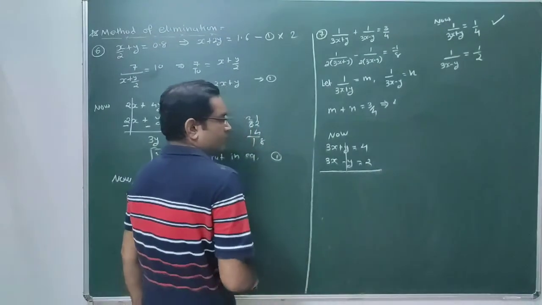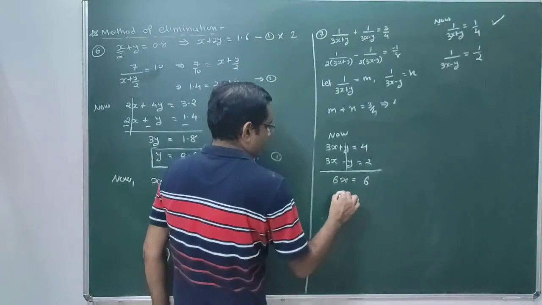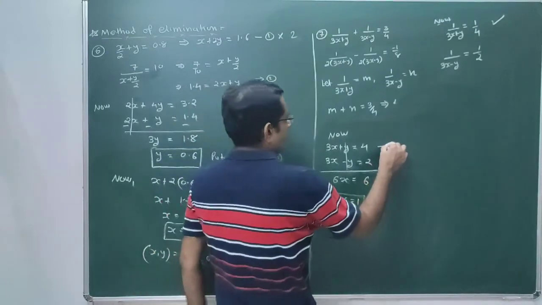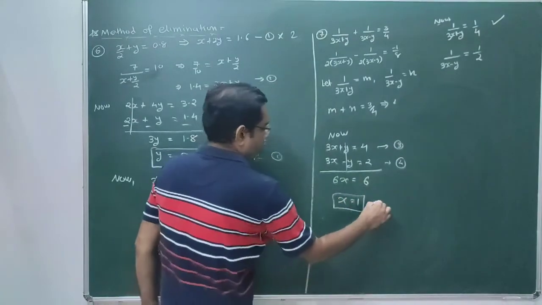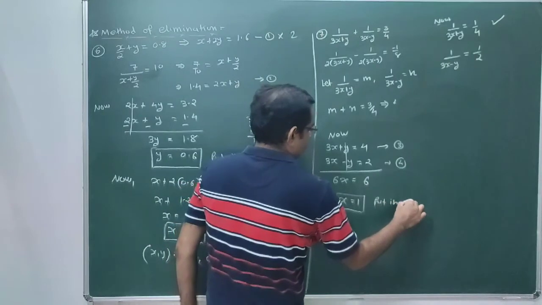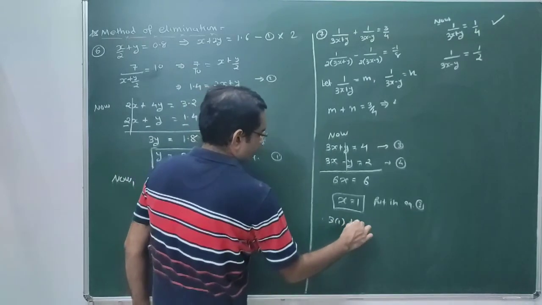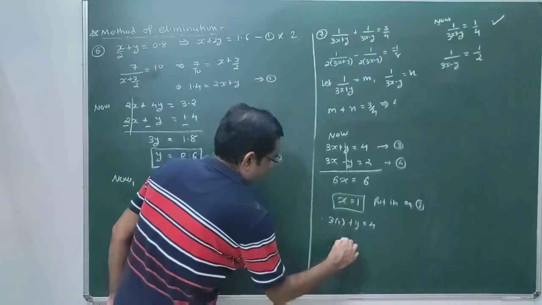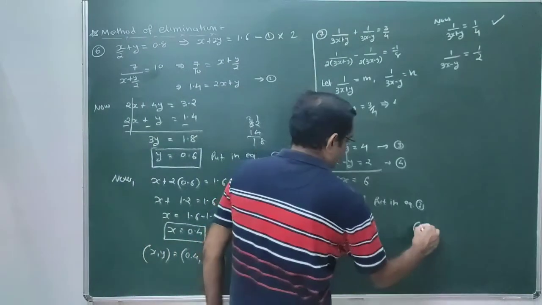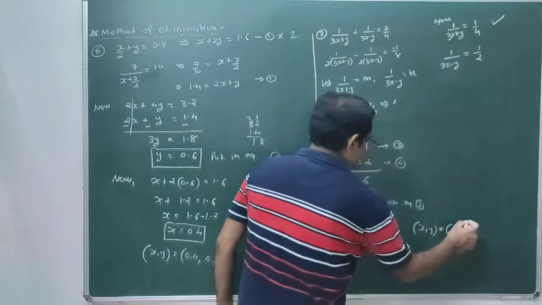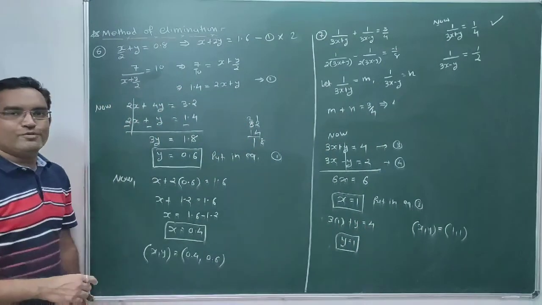Perform addition. So y plus y cut. It's 6x equal to 6. So we are getting x equal to 1. Say this one is result number 3 and this one is result number 4. So put in equation number 3. We are getting 3 into 1 plus y equal to 4. So here we are getting y equal to 1. So this is the solution of the given pair of linear equations. The answer is the ordered pair (x, y) equal to (1, 1). Clear, friends? Pause the video to note it down.